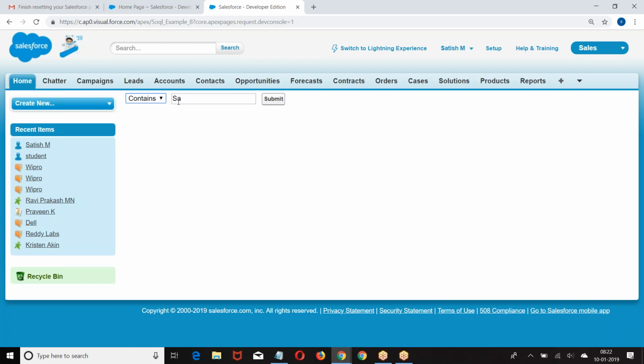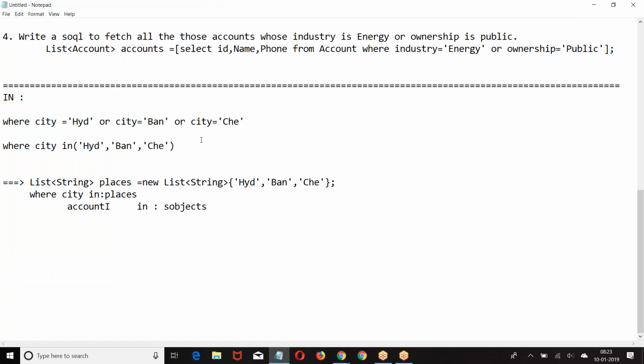Where name like star S star. If I say starts, where name like S percentage. If I say ends, where name like percentage S. Now, can you form a single query for this? Can I form a single query? It is not possible to form a single query because when I say name starts with